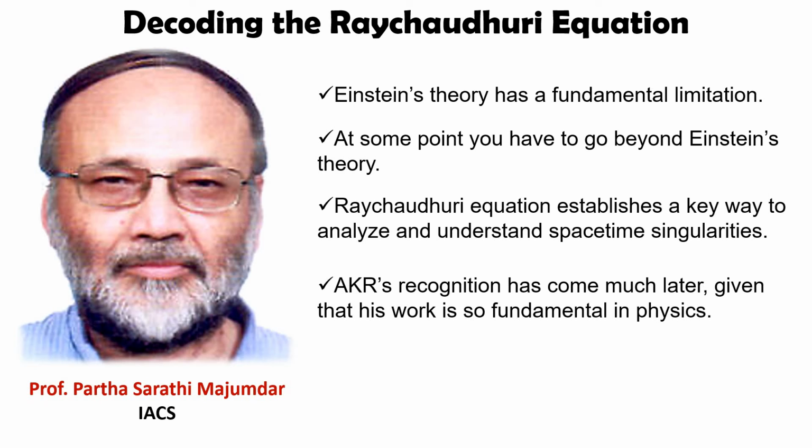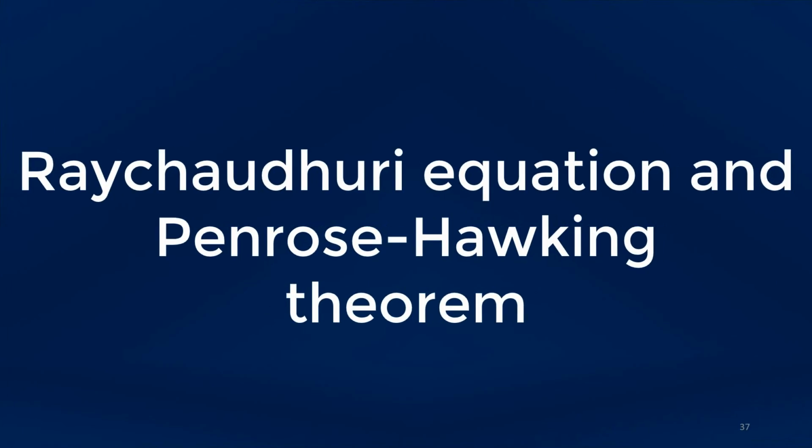Now, it left it in a very tantalizing way that there is a shear which is helping gravitational collapse, and there's a rotation which is preventing it, and that led a lot of big scientists during the early 1960s to take up this equation and further create certain equations, and among them are Roger Penrose and Stephen Hawking. And the Raychaudhuri equation is one of the keys of the Penrose-Hawking theorem. How and where it is, let us see in the next part of the video.